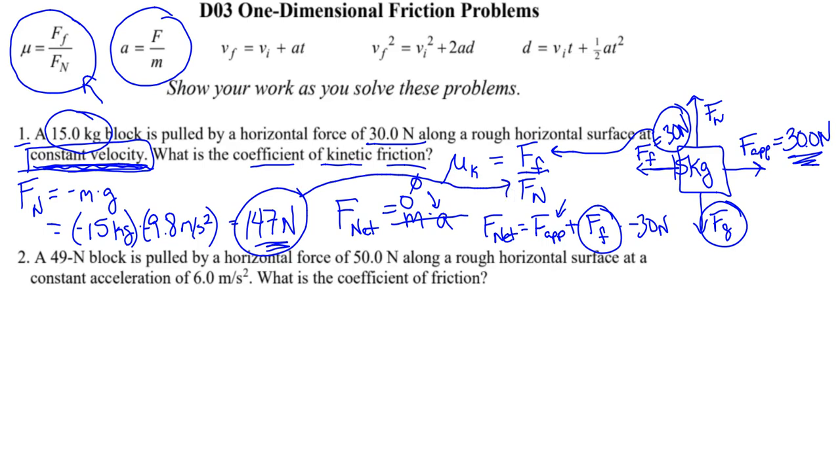Okay, so our coefficient of kinetic friction is equal to the force of friction, which is 30.0 newtons, we'll need that for significant figures, divided by 147 newtons, our normal force. So I should go ahead and rewrite that. Let me do that really quick right here. This is going to be